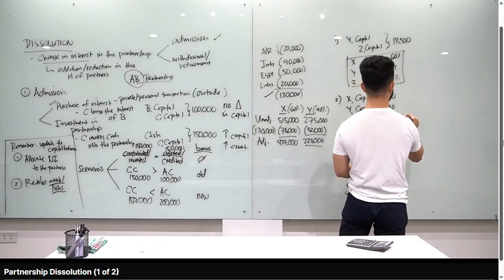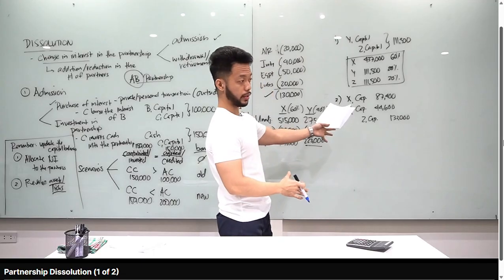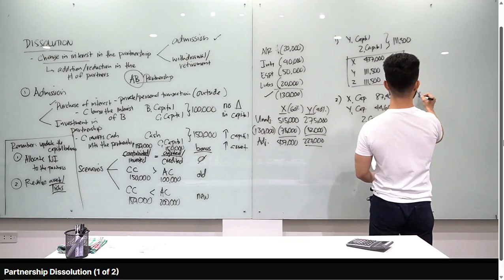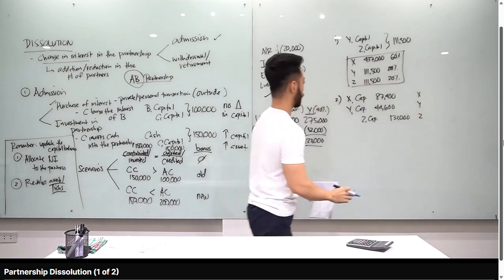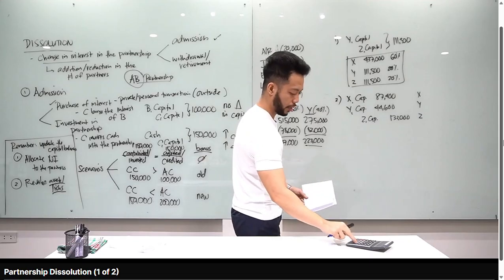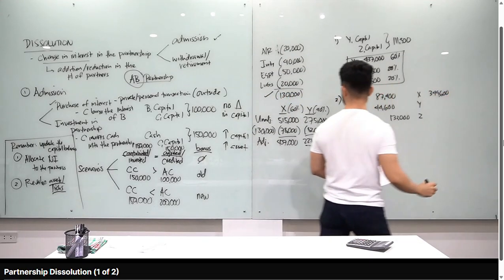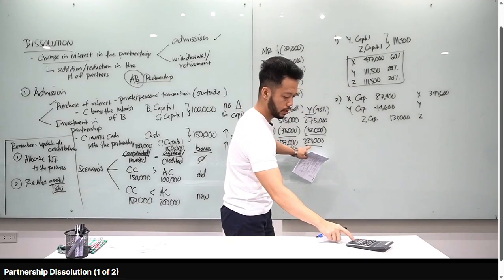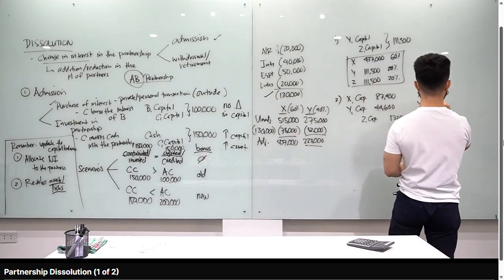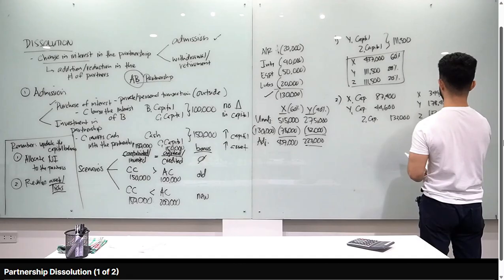This is the journal entry. I am just showing the journal entry. The question is the capital balances and P&L ratio. So the answer here, class, is for partners X, Y, and Z. Partner X originally had 437,000. We subtract 87,400, so 437,000 minus 87,400 is 349,600 for partner X. Partner Y, 223,000 minus 44,600, you have 178,400. Partner Z got the 20%, which is 132,000.